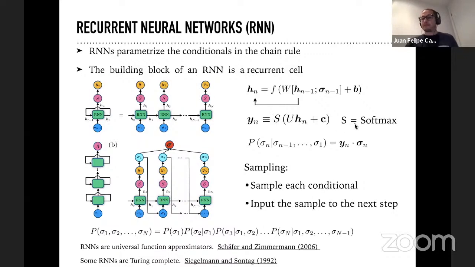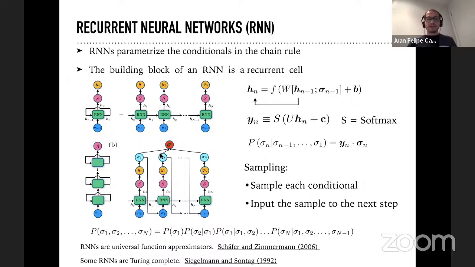In this case, I'm going to pick the softmax because I'm going to be dealing with discrete distributions. And so you apply this so-called softmax, and you add some new parameters w and vector c, and this is your conditional, right? Like through this vector y. Again, the sampling is as Giuseppe described it.